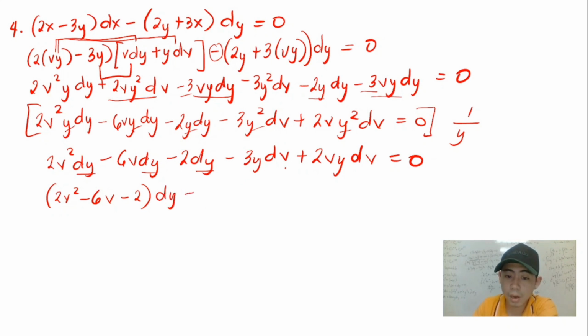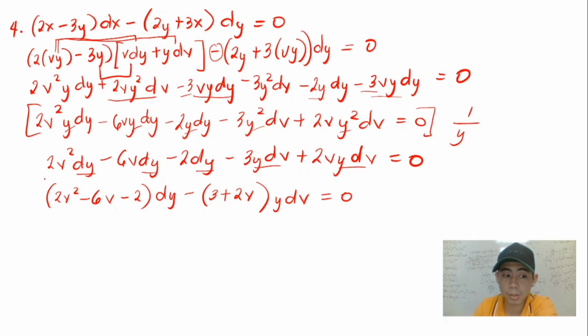Minus, ang common naman dito is yung y dv. Okay, so ilabas natin si y dv. Okay, so 3 plus 2v times y dv. Okay, is equal now to 0. Pagka ganyan na mga lods,